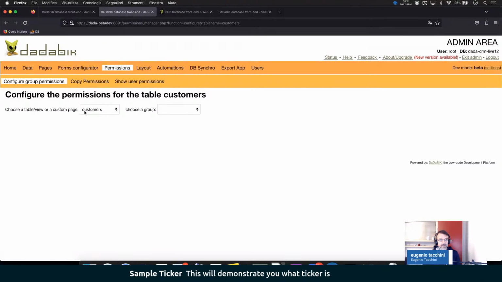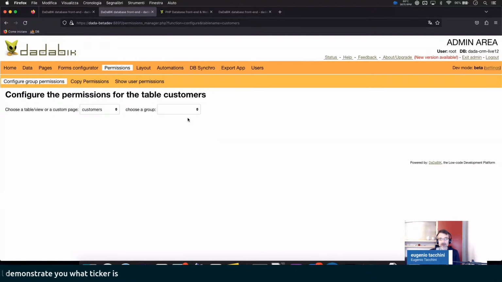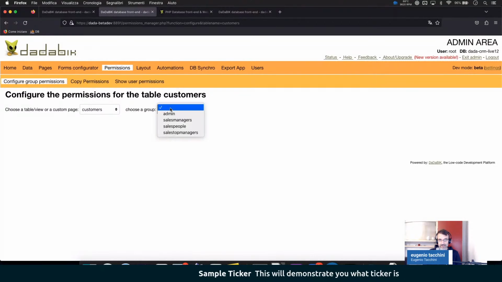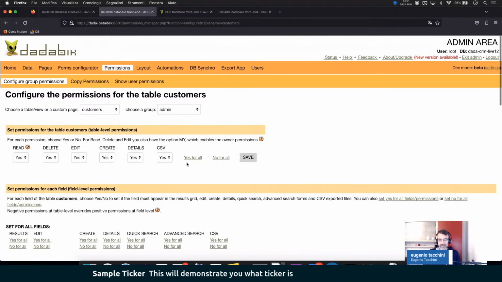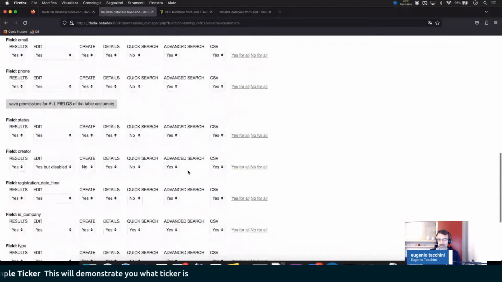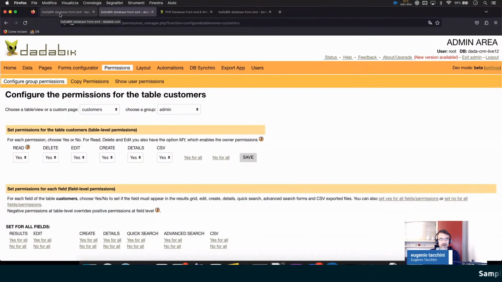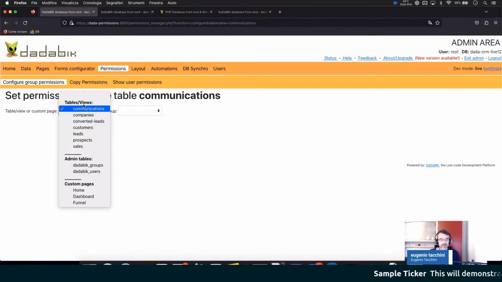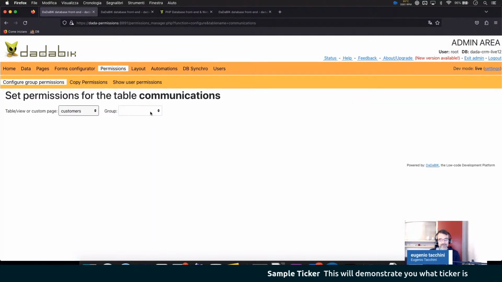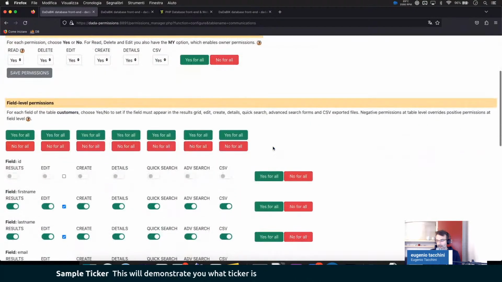So for example, here in the permissions tab, as you know, I can set the permission for a combination of table, view, page, and user group. So for example, let's configure the permission for the table customers and for the group admin. So this was the standard permissions page that you already know. And this is the new, instead, a draft of the new page